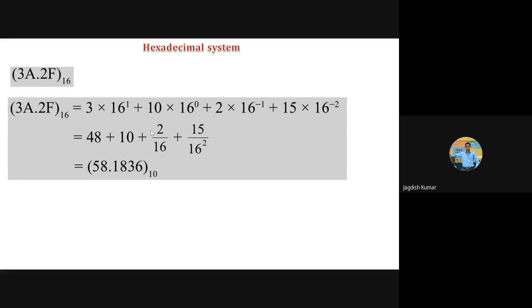What is 2 by 16? 2 by 16 is 0.125 plus 15 divided by 16 square will be 0.05859375, something like this if I didn't do it wrong. I mean 15 divided by, just a moment, 16 square. Yeah, this should be 0.05859375. And if you add all those numbers, you should finally get 58 point